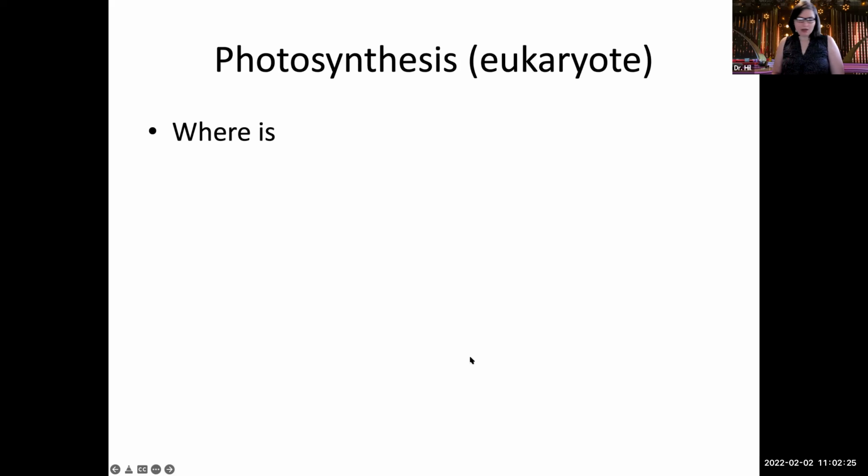Okay, so now that we've talked about these catabolic processes, how energy is generated by breaking down organic chemicals, let's talk about the processes that create the organic chemicals for the biological systems in the first place. So we're going to start with photosynthesis. This is something that perhaps you have studied previously, but I asked you to look it over as your homework for today. In a eukaryotic cell,